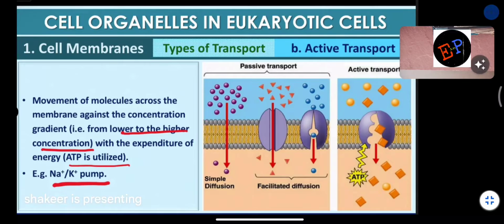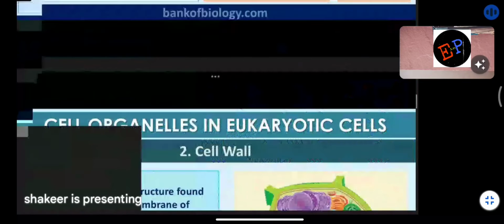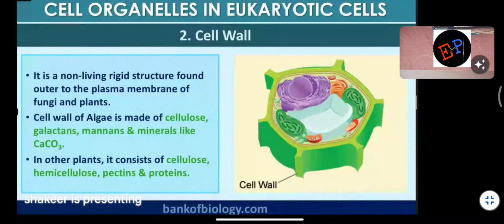So Na means sodium, K means potassium. Sodium and potassium are also micronutrients. So these micronutrients, if they should be pumped, definitely we require the process of active transport. Clear? Next, cell wall. It is a non-living rigid structure found outer to the plasma membrane in the case